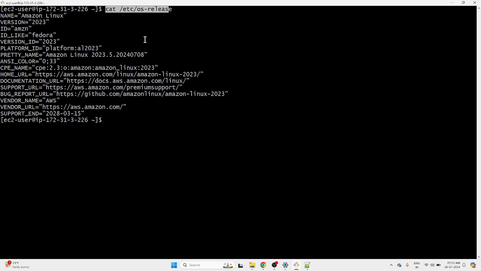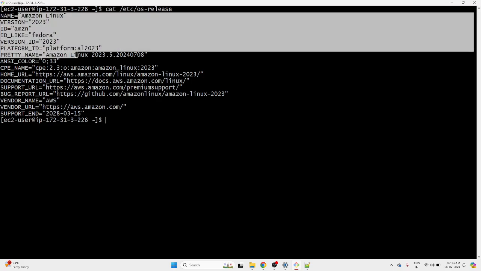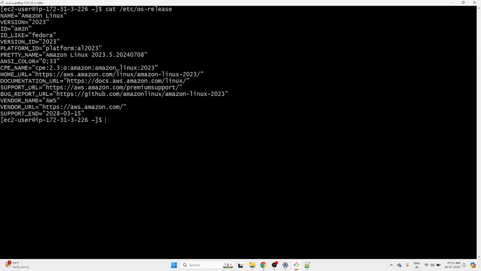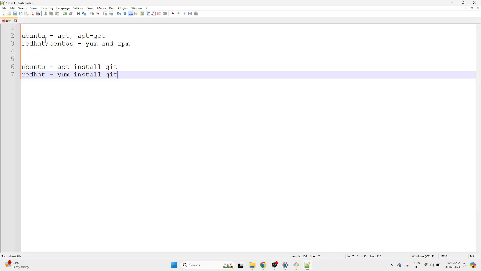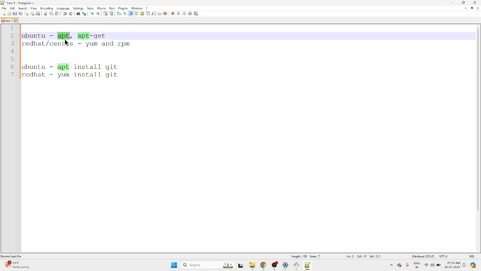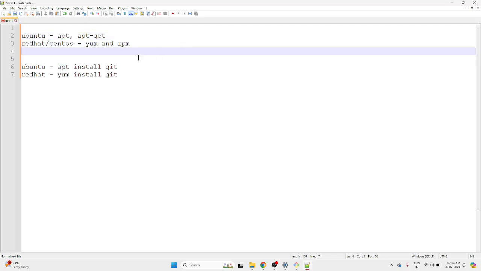So what is my OS? It says Amazon Linux, Fedora. So then it will be a part of Red Hat, CentOS. Means these two commands I have to use. If anyone is using Ubuntu, it's the same thing, you can just follow, no need to worry. Okay,